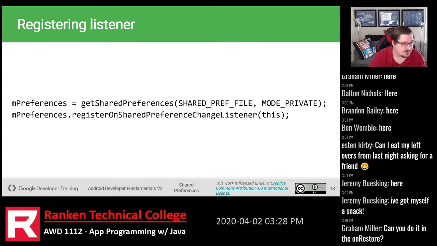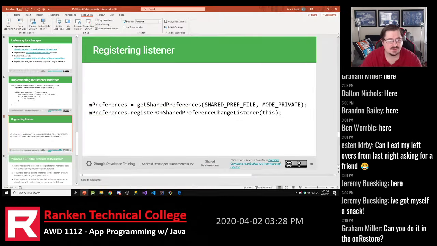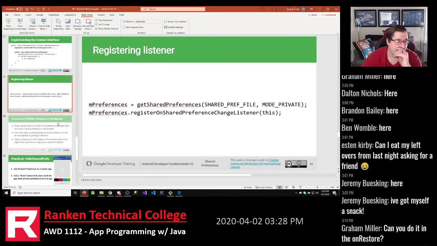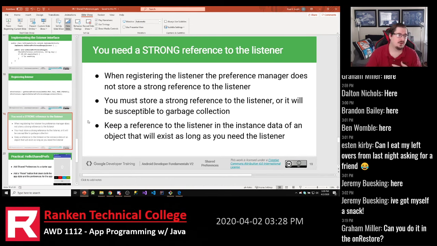As far as registering the listener, we implemented it here, but we also need to register it. So say in onCreate, I would say, okay, well, let's get the preferences object. And then once I've gotten the preferences object, I'm going to register my listener immediately after that to see changes. Now, one thing that they mention, you need to make sure that you have a strong reference to your